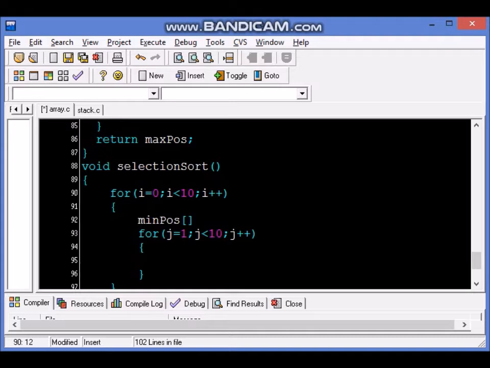If i is 1, we will start from 2. That's our normal strategy. So we will start with i equal to 0, and in that case we will start from j equal to i plus 1. Now it will keep going till less than 10, and it does j plus plus.